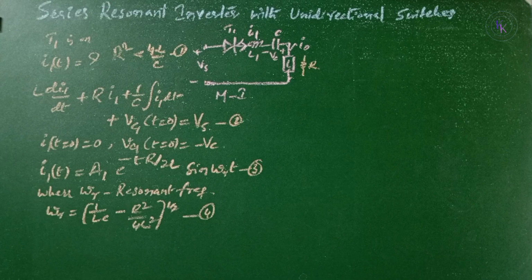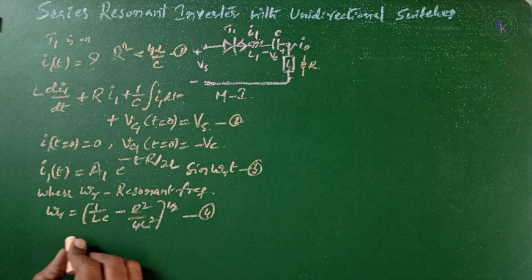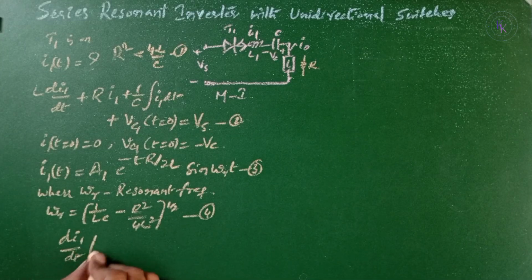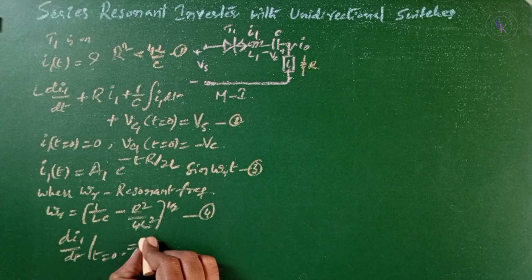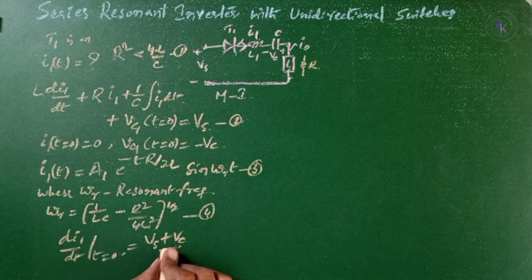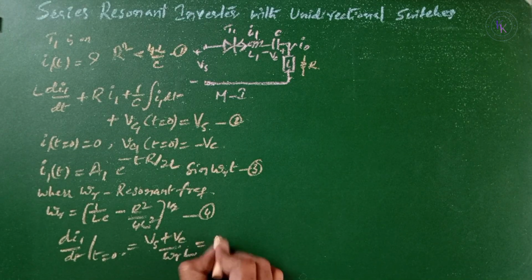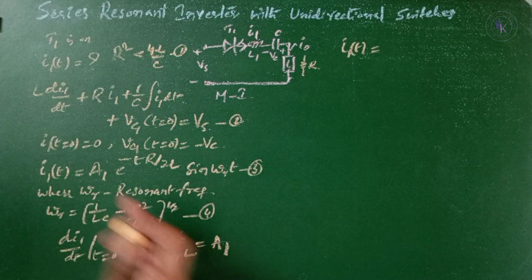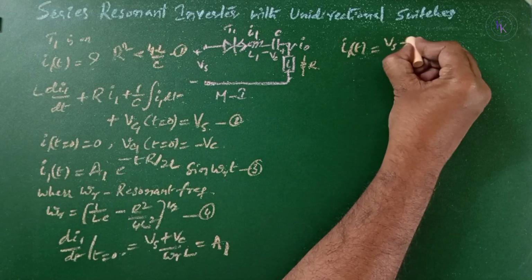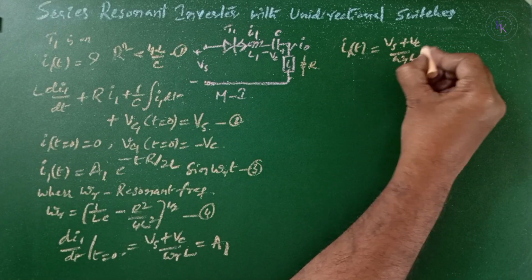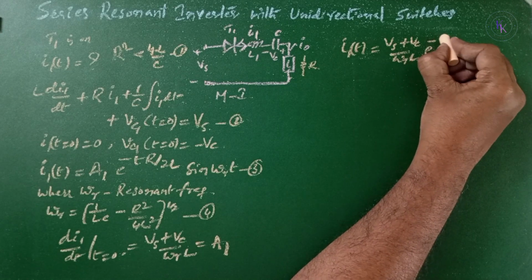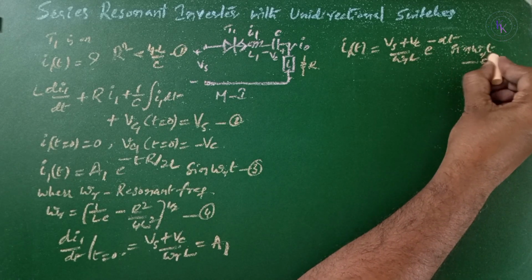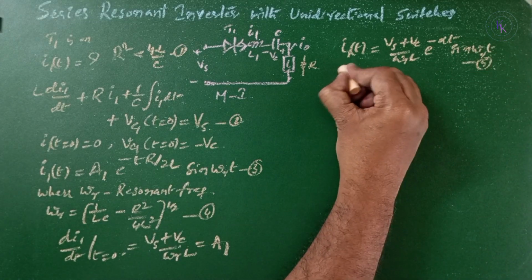From the initial conditions, when you evaluate the constant A1 using di1/dt at t equals 0, you get A1 equals (Vs plus Vc) by omega R L. Substituting this constant, i1(t) equals (Vs plus Vc)/(omega R L) e to the power of minus alpha t sine omega R t. This is equation number 5, where alpha equals